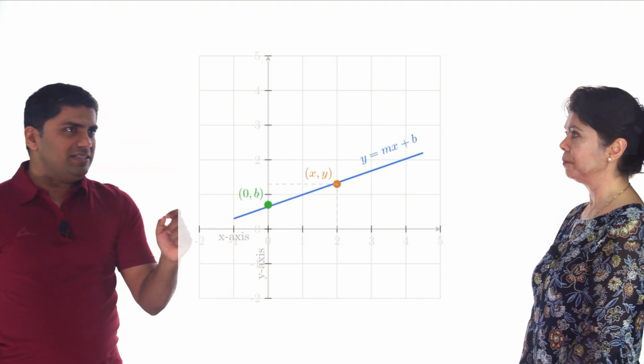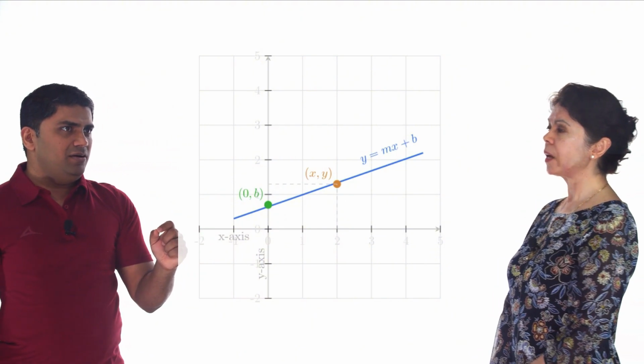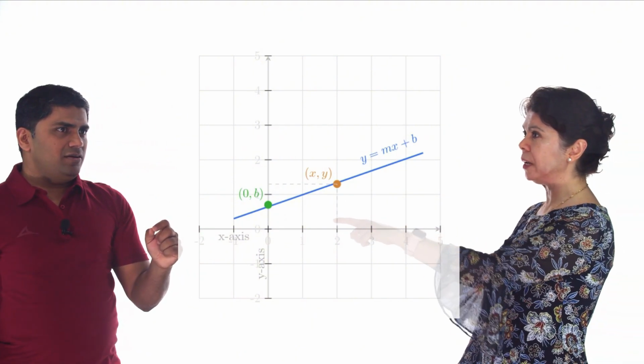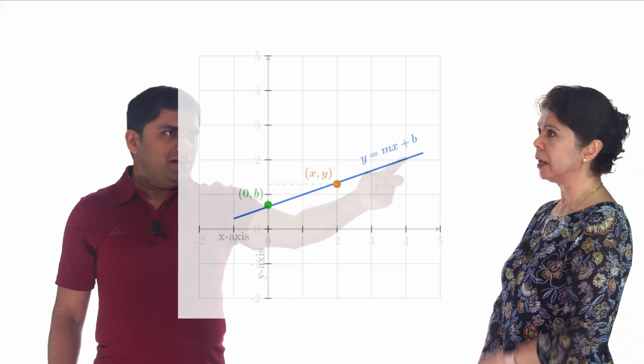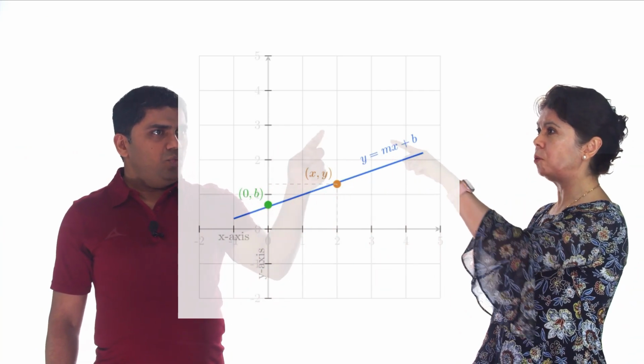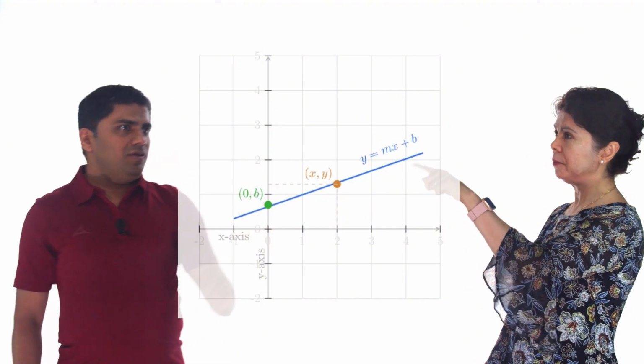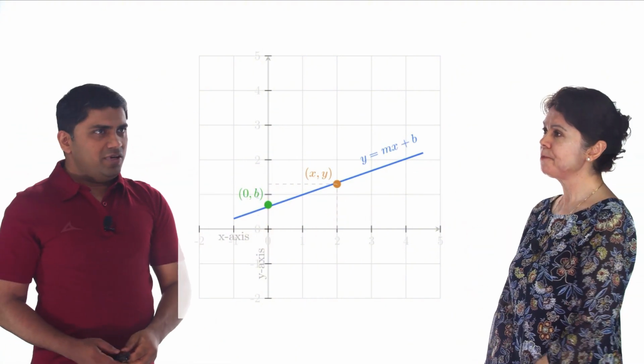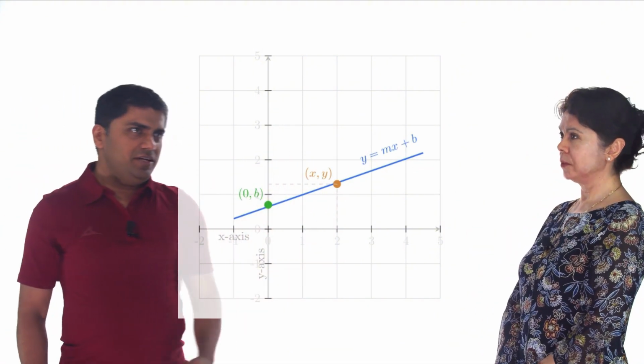Do you understand what is dependent variable and independent variable? I think independent is the one that takes on any value, and here x you can take any value, and then y will depend on what value x has. So m and b are basically constants. There are no changes.